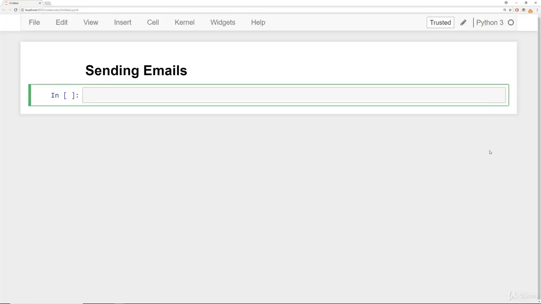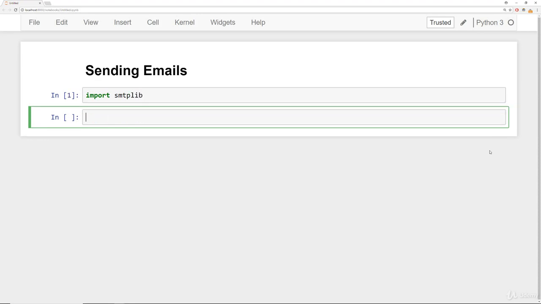We'll begin by importing the SMTP, that's a Simple Mail Transfer Protocol library, so smtplib. And then what we're going to do is create an SMTP object for a server. You can look at the table in the corresponding notebook for your server domain name, but we'll be using Gmail as our server. So we'll say SMTP object